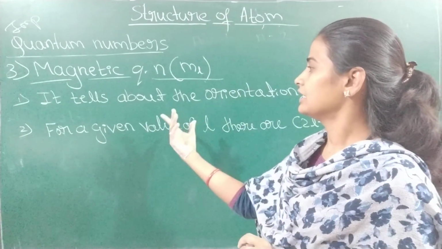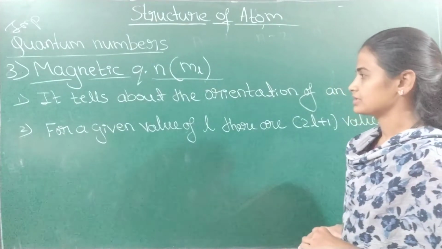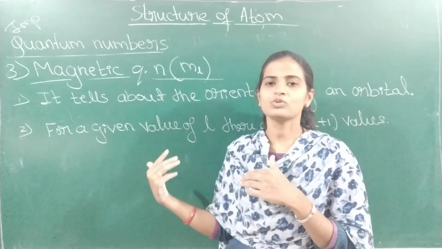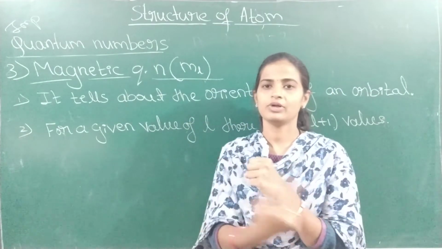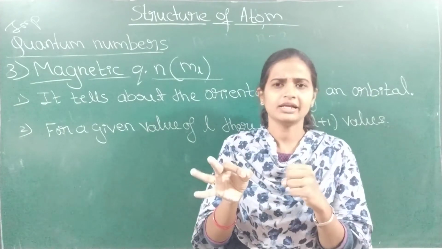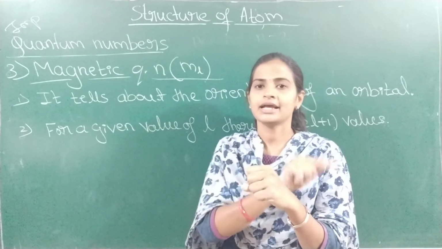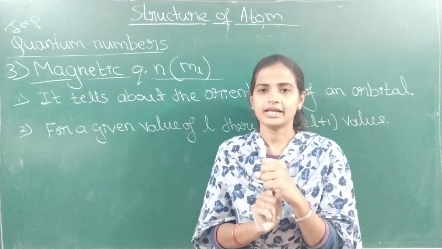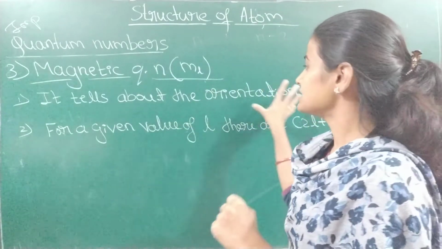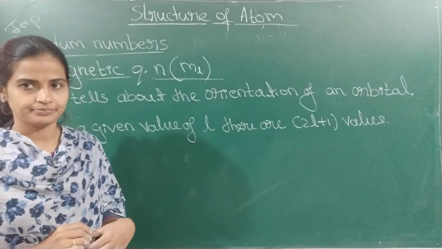Okay, now we will study the magnetic quantum number. What is the magnetic quantum number? Okay. Magnetic quantum number gives information about the orientation. Okay, the previous quantum number told about the subshell, like this shape we can imagine. But the magnetic quantum number particularly tells whether that dumbbell shape is lying on the y-axis, on the x-axis, or on the z-axis. Particularly it tells. That's what we call orientation. It tells about the orientation of the orbital in three-dimensional space.